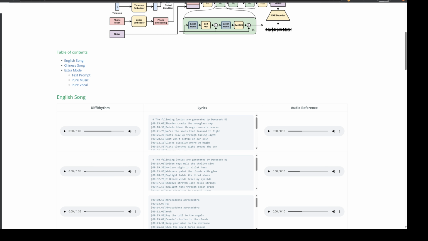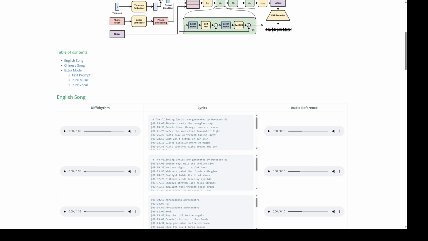End to end. You mean it doesn't generate the vocals separate from the instruments and then try to